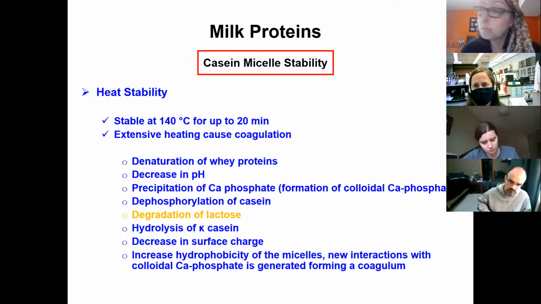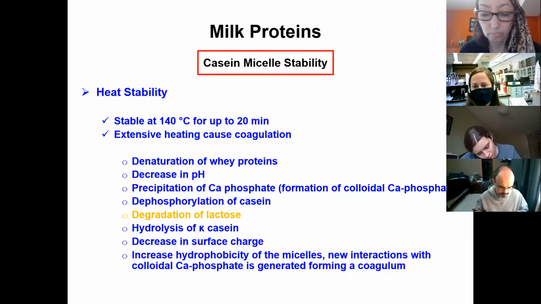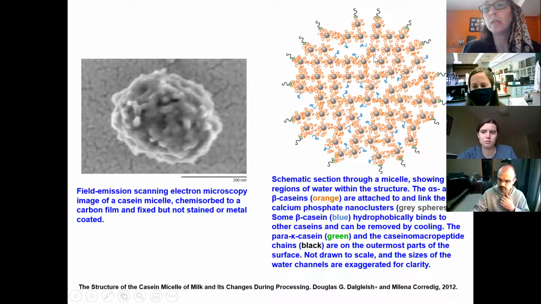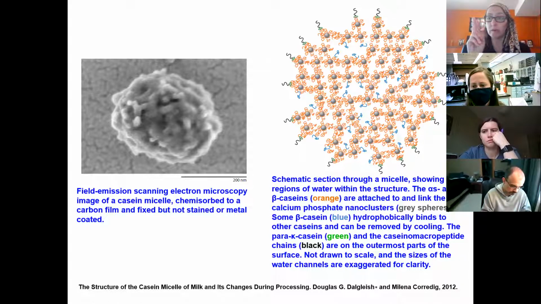Pam, do disulfide bridges also play a part in stabilizing the casein micelle? No. So from the caseins, beta and alpha S1 don't have any cysteine residues, any sulfhydryl groups. And alpha S2 has two sulfhydryl groups that just form a disulfide within the molecule itself. So there is no disulfide interaction between the different caseins. And kappa casein also has one disulfide bond,